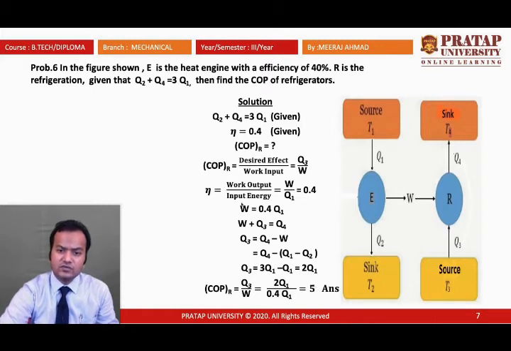So this is a very important question. First, write the formula of COP of the refrigerator. Then after that, you write the formula of efficiency, and the work output is equal to 0.4 Q1. This Q1 is in the numerator, then you have to find the Q3 value in terms of Q1, then you get the value of COP. So the basic idea is you have to eliminate all of Q2 and Q4. You have to find the Q3 in terms of Q1, then you find the COP.